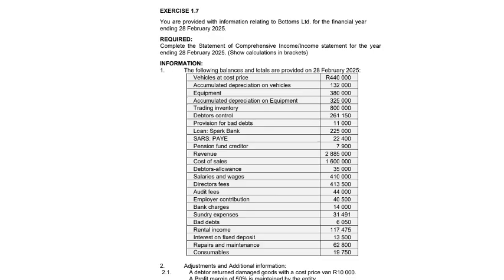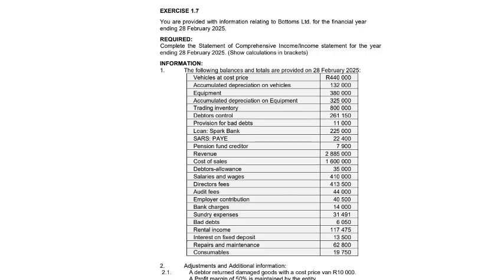Vehicles at cost price 440,000, accumulated depreciation on vehicles 132,000, equipment 380,000, accumulated depreciation on equipment 325,000, trading inventory 800,000, debtors control 261,150, provision for bad debts 11,000, loan Spark Bank 225,000, SARS LBS 22,400, pension fund 7,900, revenue 2,885,000, cost of sales